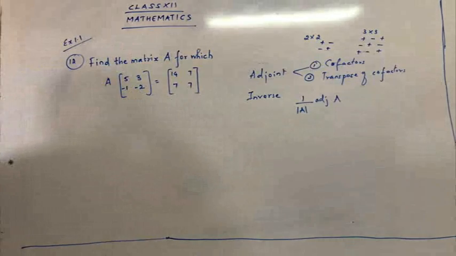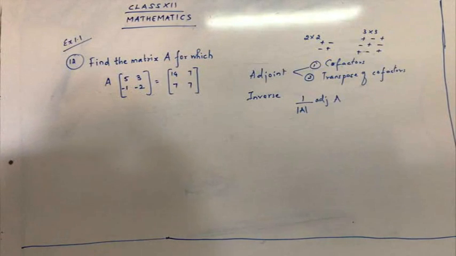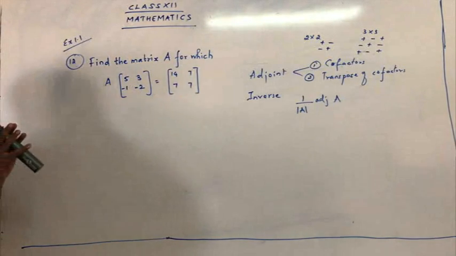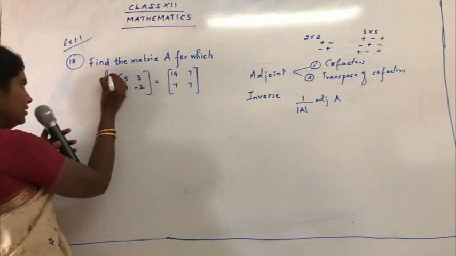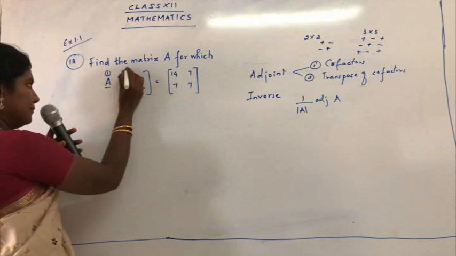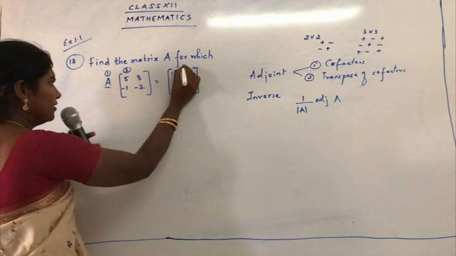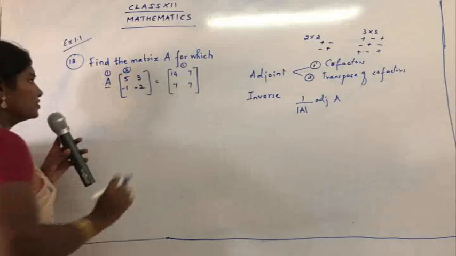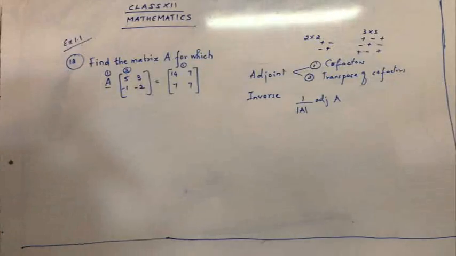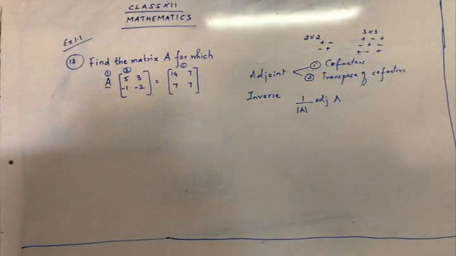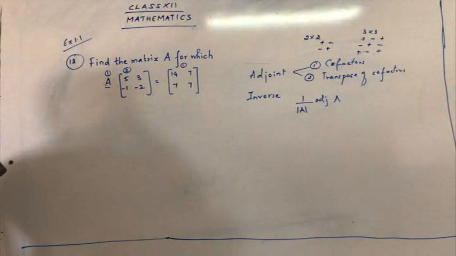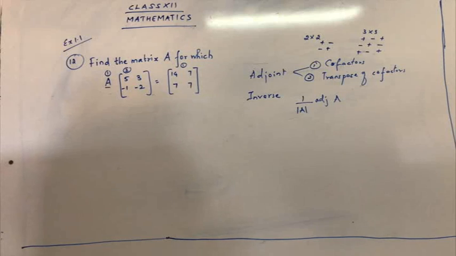Now what is important over here is the placement of the matrix. See the position of the matrix. Now the A matrix is in the first position. The second is in the second position. Here we have only one, so I just mentioned it over here as one. So when you are transferring one matrix from LHS to RHS, we have to be very careful with the position. Now let's see how to proceed with our sum.